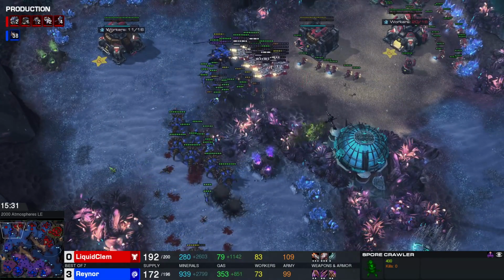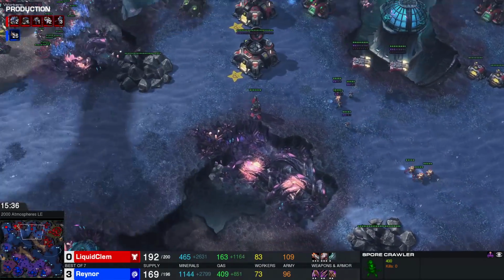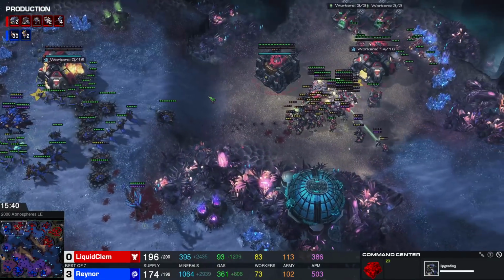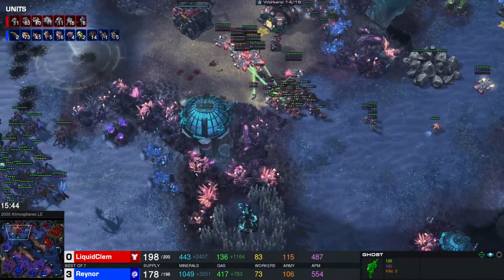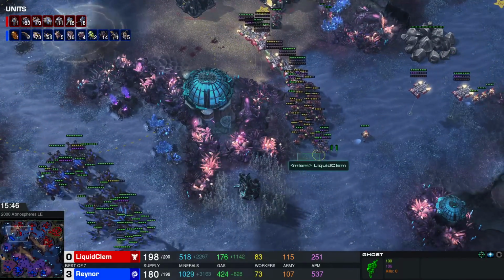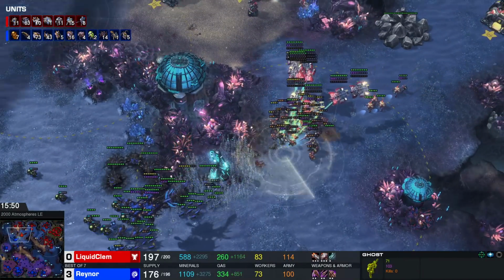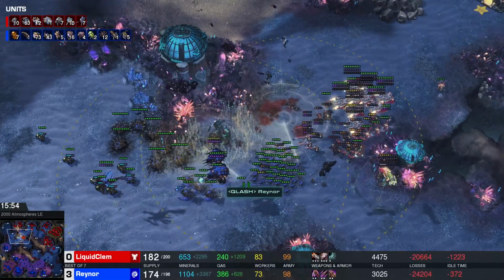Is it? Reynor seems to sure think so, and where's the backbone of this army? I don't see it. Planetary is gonna go down. Not enough ghosts yet to truly set up. Usually, not only is the tank kind of a backbone in the late game, but it also works as a transitional unit into bigger ghost counts. Like once you get 12, 13, 14 ghosts, sure, you can deal with these higher lurker numbers, but before that,